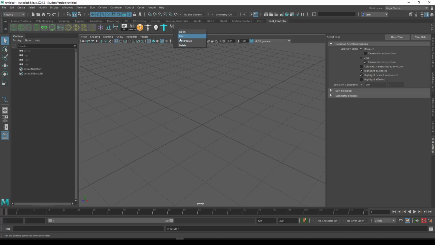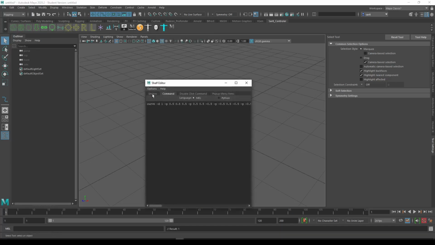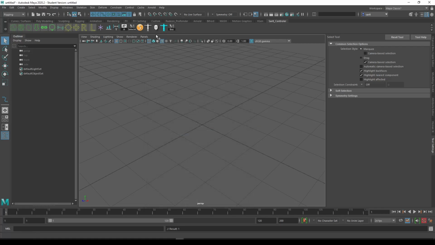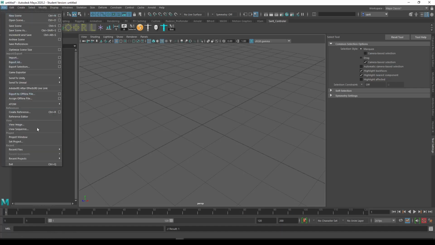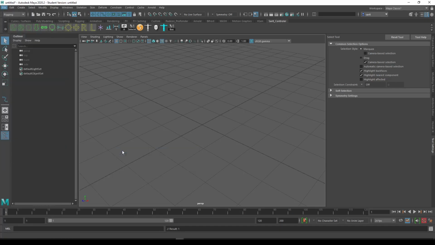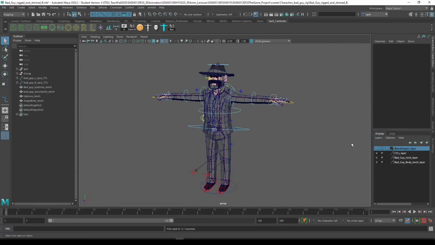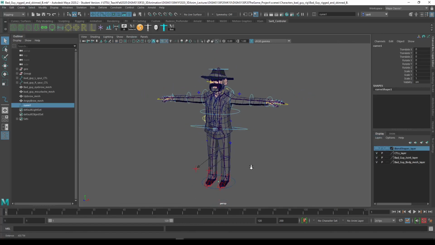I should rename it. Edit command name to tip label. Let's say box. Okay, save it again. Now I'm gonna reopen my rigging object, and I'm gonna create a box,